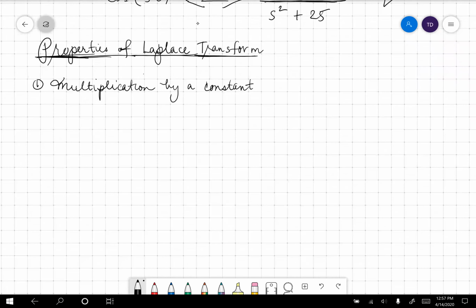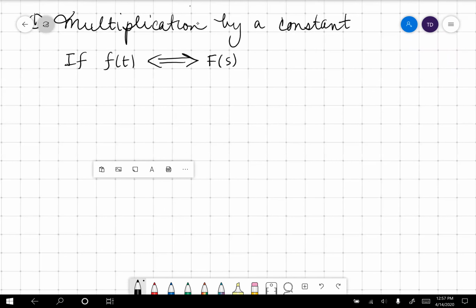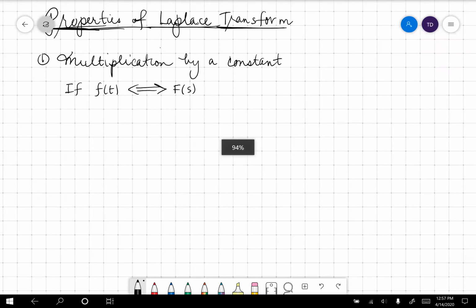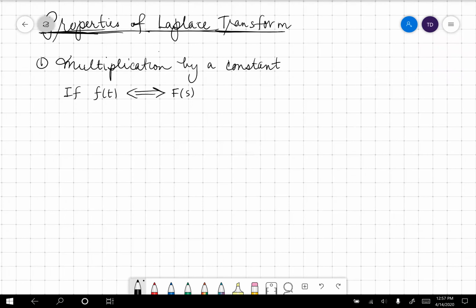So if f of t Laplace transforms into F of s, if it does, by the way, not every function has a Laplace transform. Some of them, the Laplace transform doesn't exist. And we're not going to talk about that in this course, whether or not a Laplace transform exists. But there are times when a Laplace transform for a function does not exist. But if this one does, then